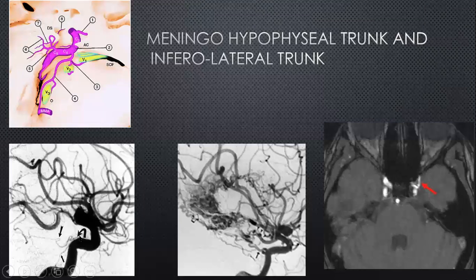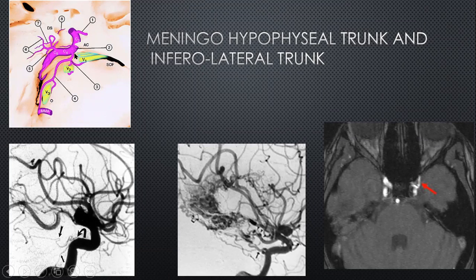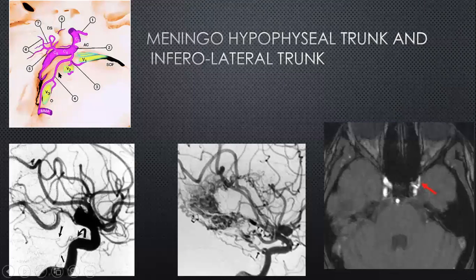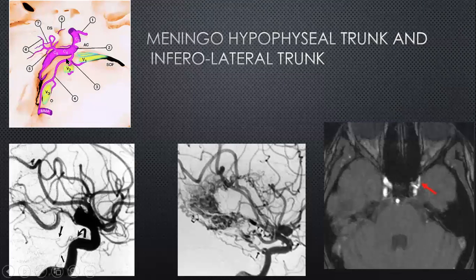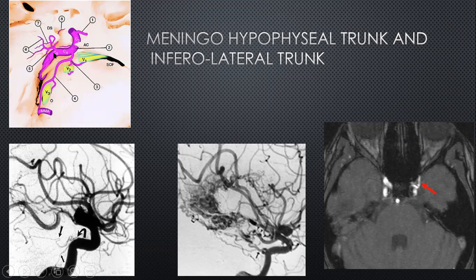So the cavernous carotid artery branches over here, and these again you can see sometimes, for example over here, during angiography. They are seen as very thin and flimsy branches, the meningohypophyseal trunk and also the inferolateral trunk. The meningohypophyseal is much more posterior, the inferolateral trunk is more anterior. And even though these are very small, again they are very relevant, especially during pathology when there is a development of a fistula, for example, or tumor.